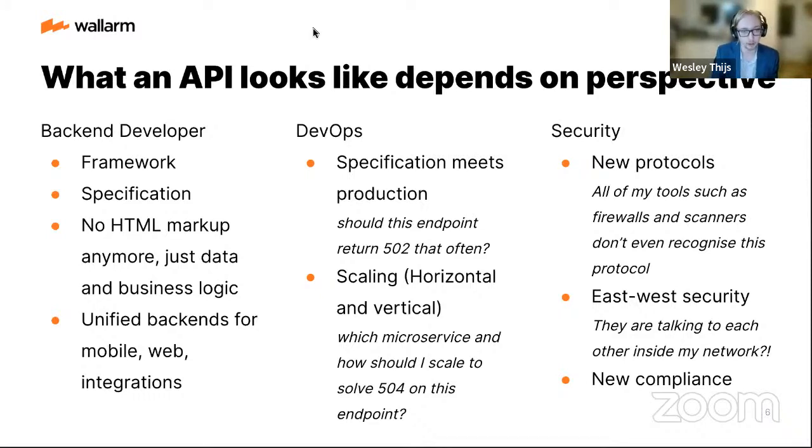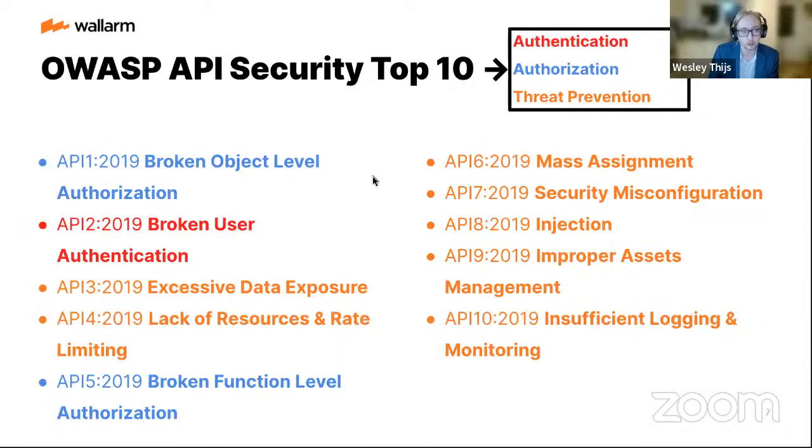As you can see, everybody has their own standpoint on APIs. And the OWASP organization, they've been so kind to compose a security top 10 for APIs. They've basically divided 10 different issue categories which occur most on APIs. In this case, we can divide those further into 3 groups. We can see that they're divided into authentication, which broken user authentication belongs to, the authorizations, which the broken object level authorization, the broken function level authorization belong to.